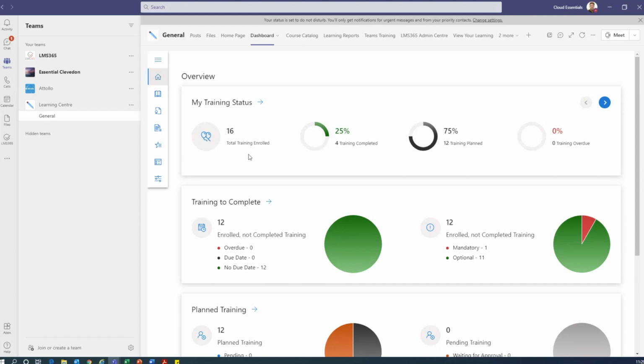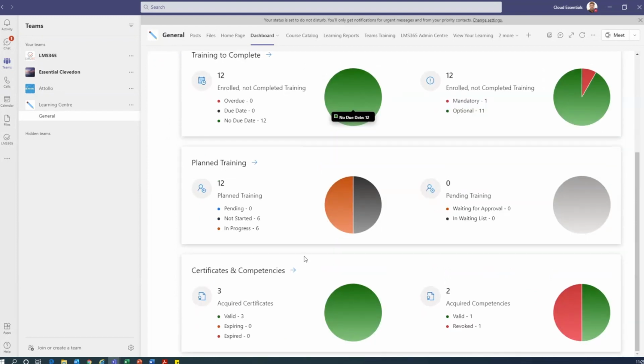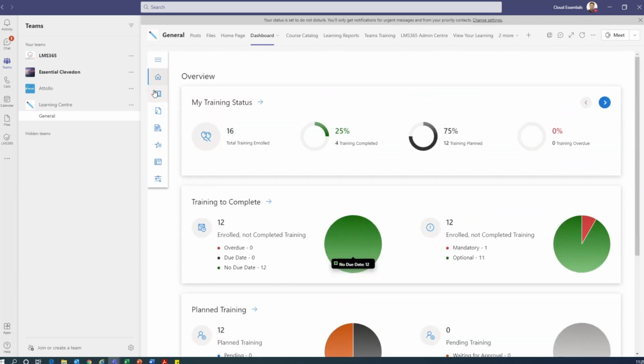So I've got an overview of my training status. I'm not doing particularly well. I'm at 25% on my training completed with 75% to go, but I'm sure I'll pick it up. You can see I've got a little bit more information on the training I've got to complete. You can see I've got information on my planned training and my certificates and competencies down the bottom. But if I click over on the left here